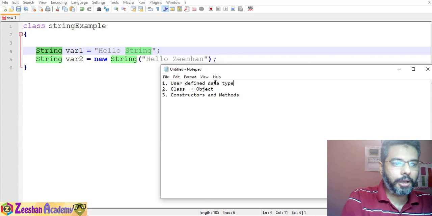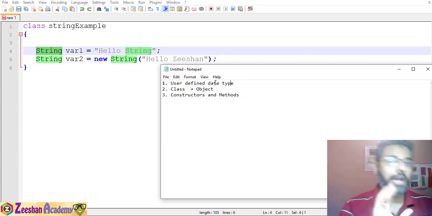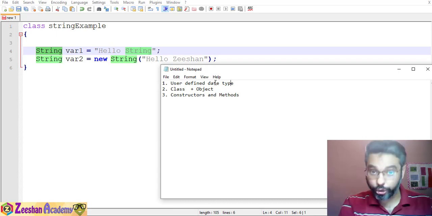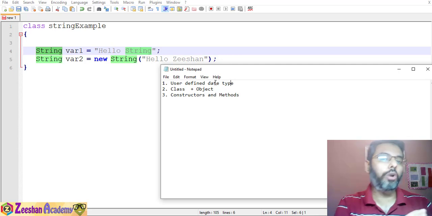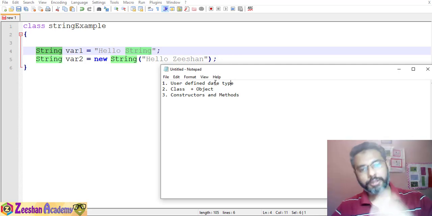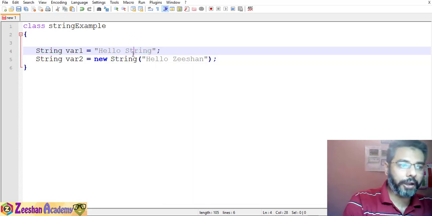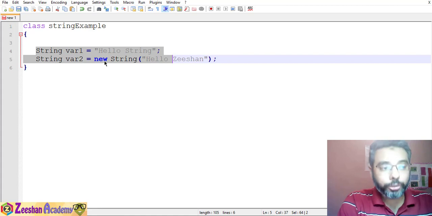that it is a class and object based structure. String is a class, and it has an object. In order to use that class, and because it has a class and object, it also has a constructor which is executed at the back, and then there are huge numbers of methods that we process with that. So if I come back to this code again, String variable1 is Hello String, String variable2 is new String,